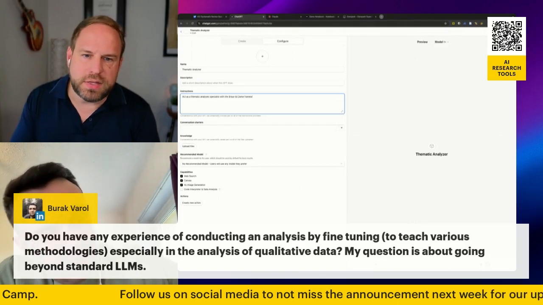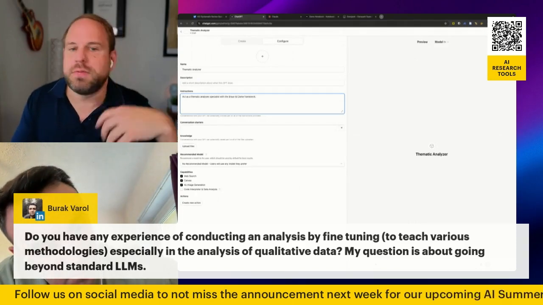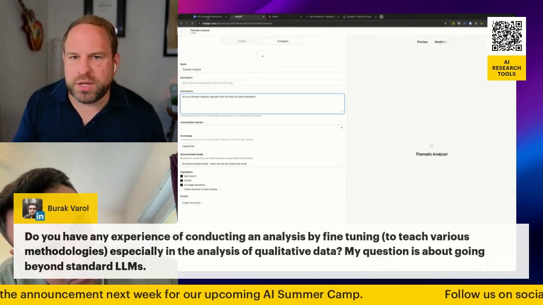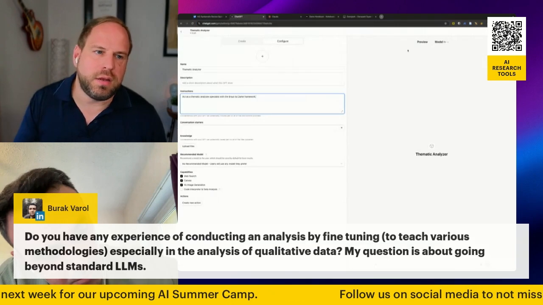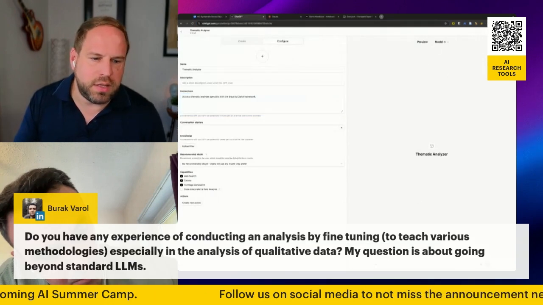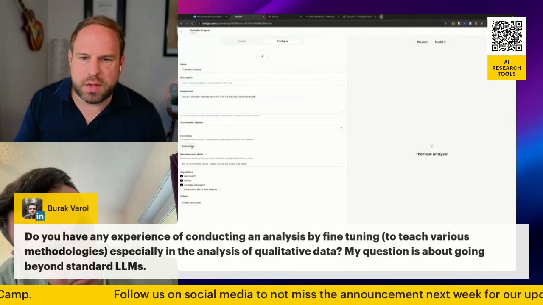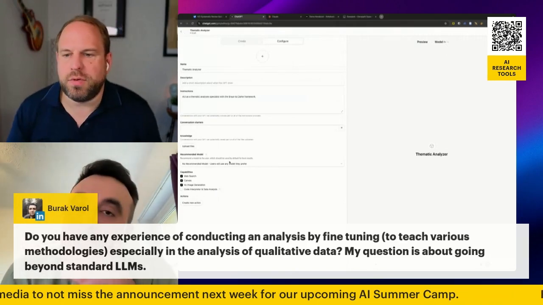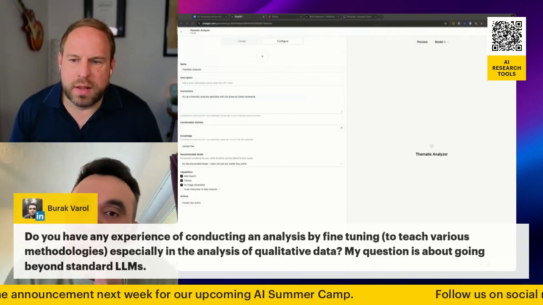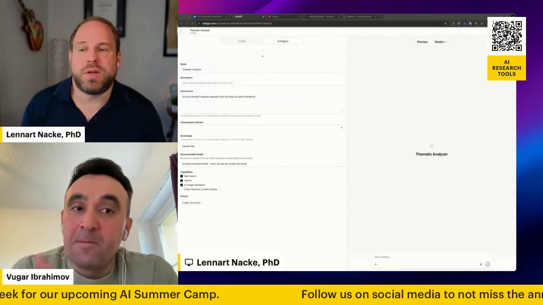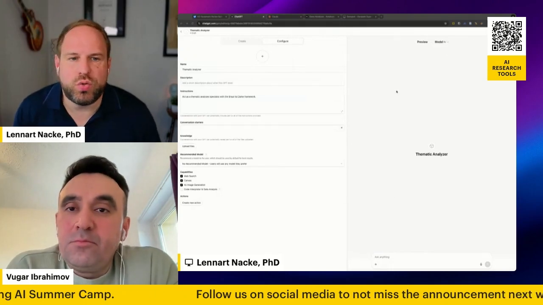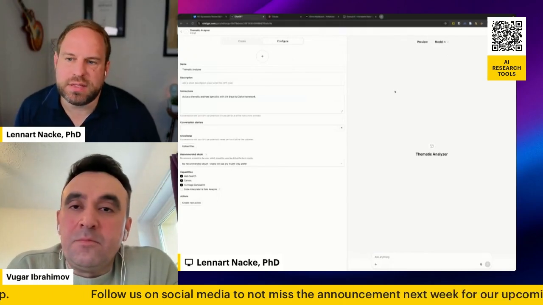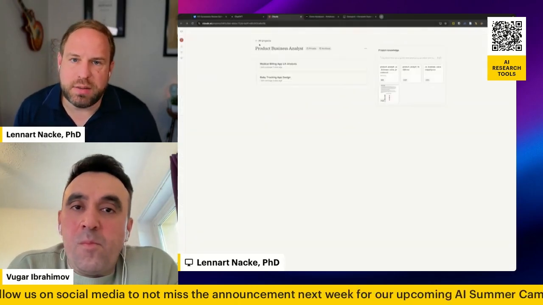And then you could feed it some of these Braun and Clarke papers, and some of the other information that is in there, and then you could build it. And then here on the right-hand side, you could test it. You can upload whatever files you want to upload, and you can have all of these other functionalities in there. But that is generally what you could do if you wanted something more specific and just have the same prompt.